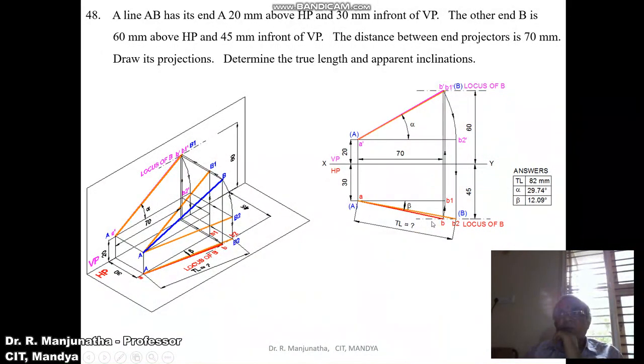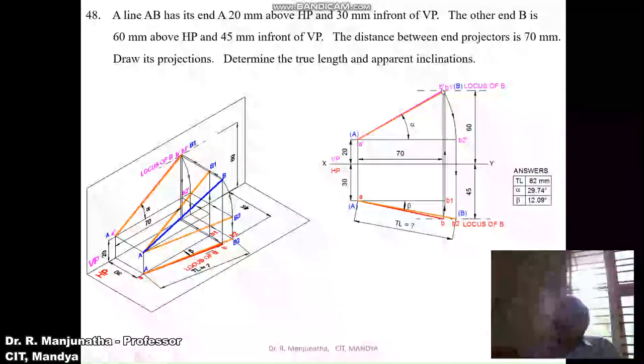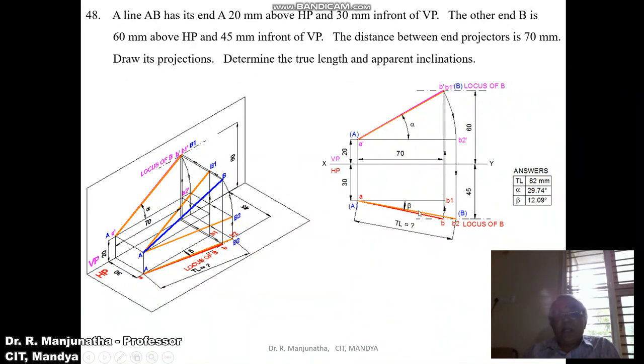Now what we need to find out is the true length. To find the true length, we have to make one of the lines parallel to a particular plane. In the sense that if I want to find the true length in the vertical plane, I have to make the line which is inclined to the vertical plane parallel. So I know this is the top view line, because its front view is inclined. Now we want to find the front view true length. To find the front view true length, I have to take the top view line.